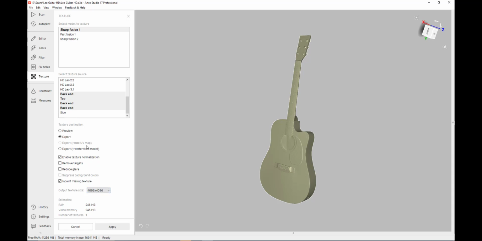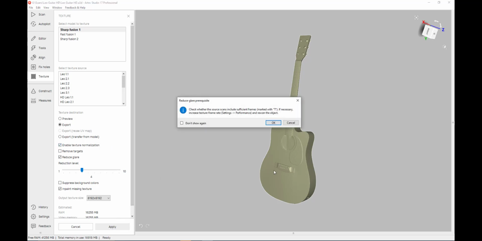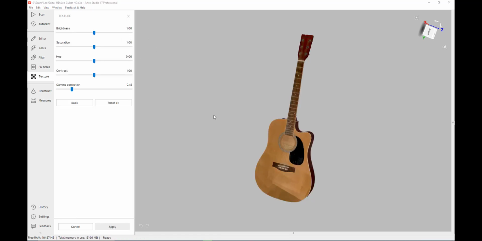Inside the Texture tab, we can project the color from our scan onto the mesh. After selecting the mesh we want to apply the color onto, and the scans we wish to pull the color from, we can choose additional settings, such as adjusting how the texture can be filling in missing areas, reducing the glare from the scanner, and what resolution we want the texture at. Texture Destination will package our color map up. Preview only shows the color on the mesh and isn't ready for export until we choose the export option in the texturization process. Additionally, the color is being projected from the scans, so choose scans that are aligned to the